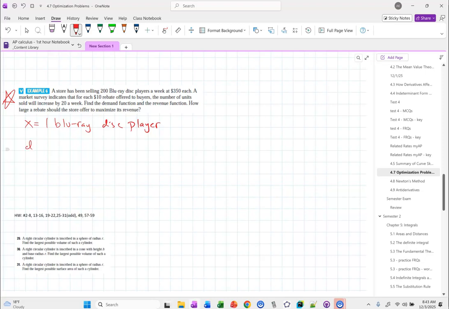And we're going to say d of x is our demand function. We're told d of 200, so d of x should be